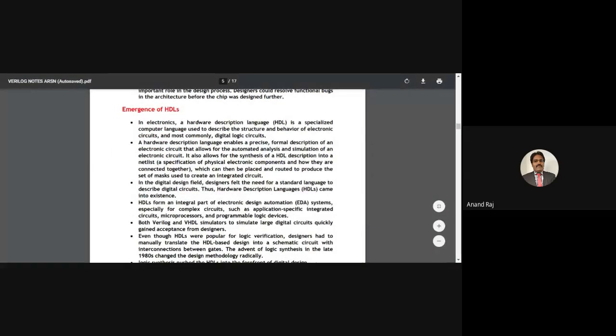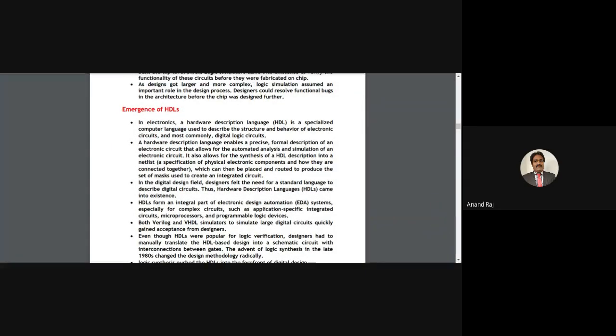Next, the emergence of HDL. In electronics, a hardware description language is a specialized computer language used to describe the structure and behavior of electronic circuits, most commonly digital logic circuits.